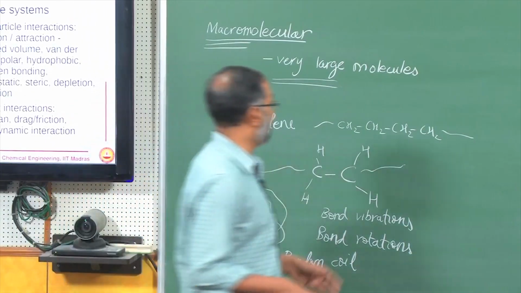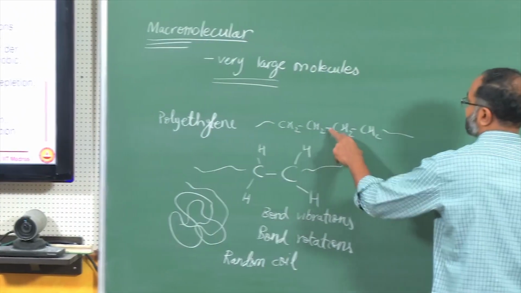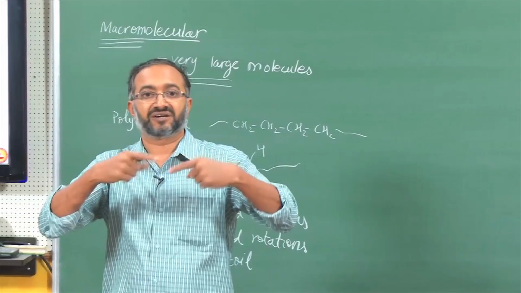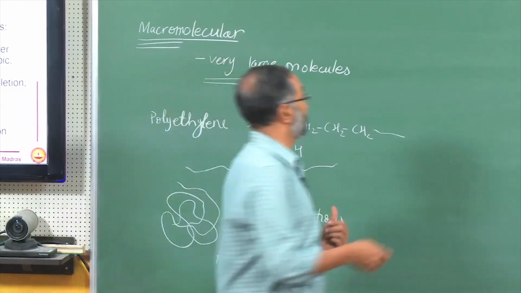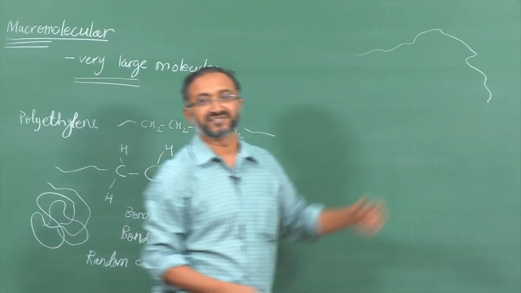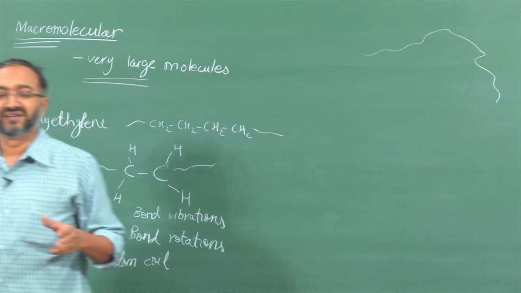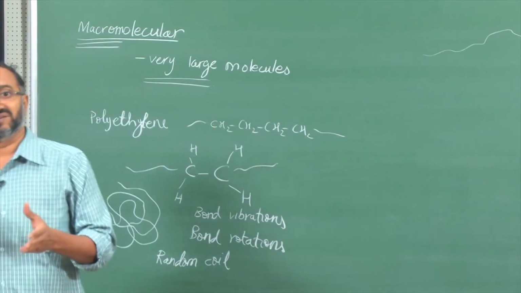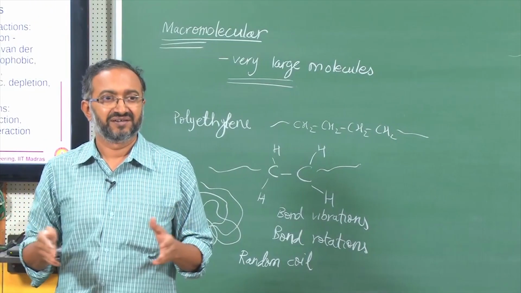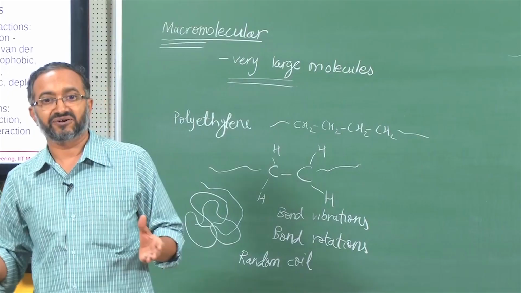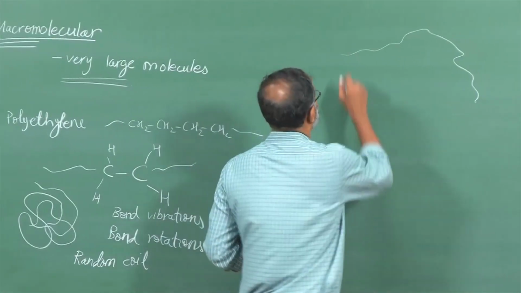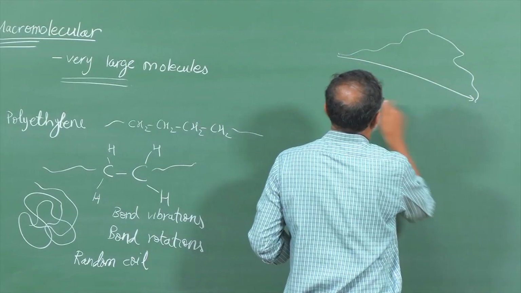But let us say I have a macromolecule in which a single CC bond is not there, but a double CC bond is there. Then rotation around that will not be possible, and that molecule on the average will have a more rod like conformation. So, we can say that this molecule is not flexible. In fact, the chain flexibility is limited. It is more often than not in a rod like conformation, and the end to end distance is very high. So, generally to characterize the flexibility,